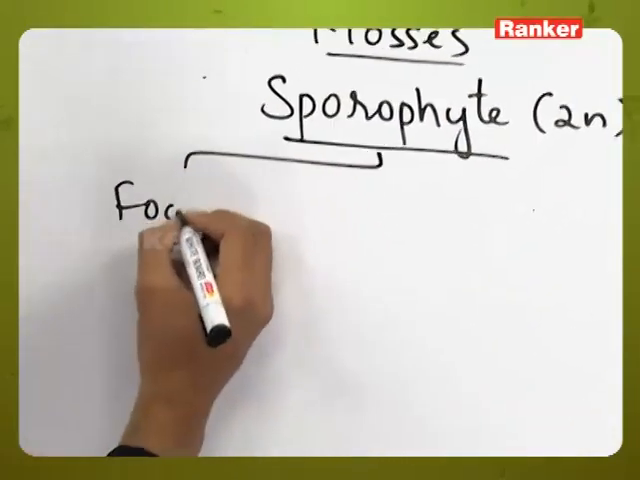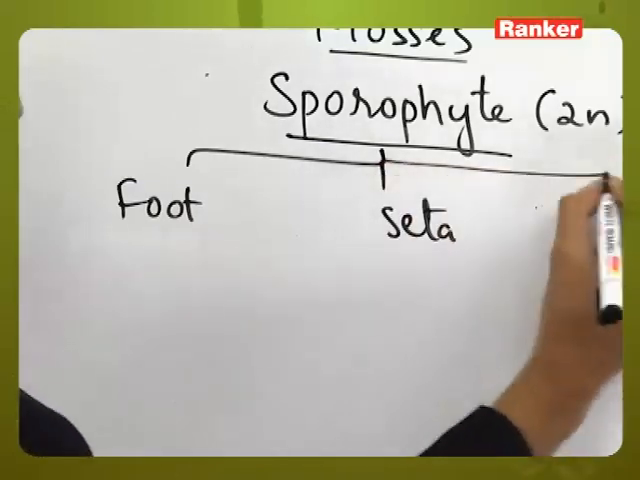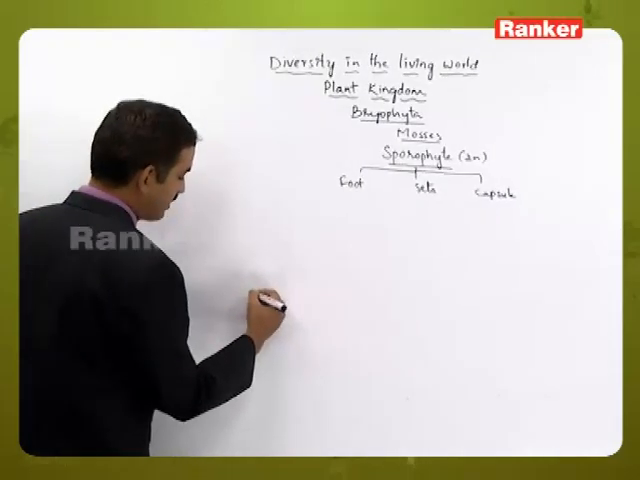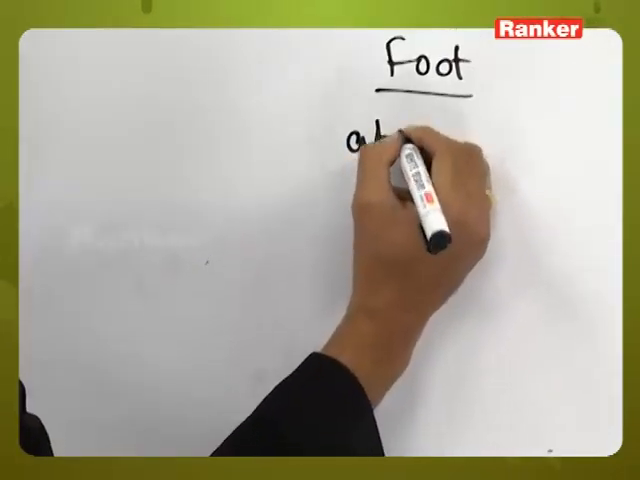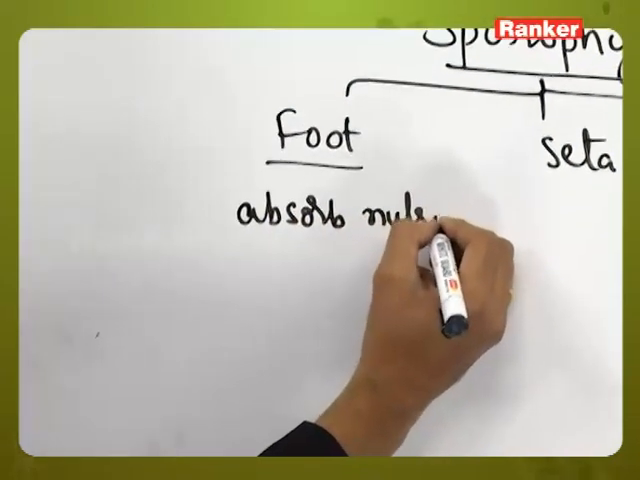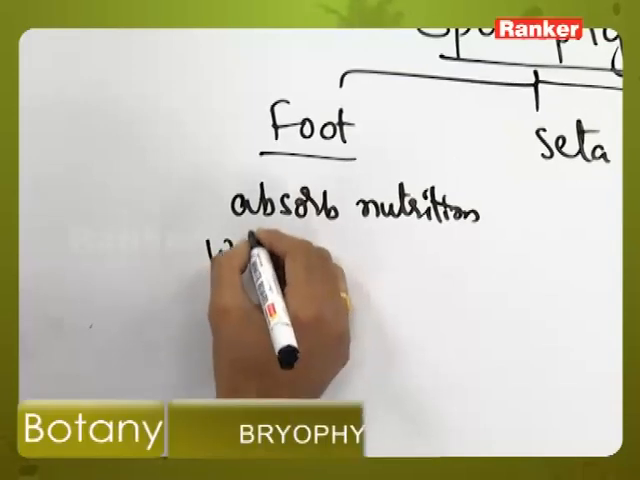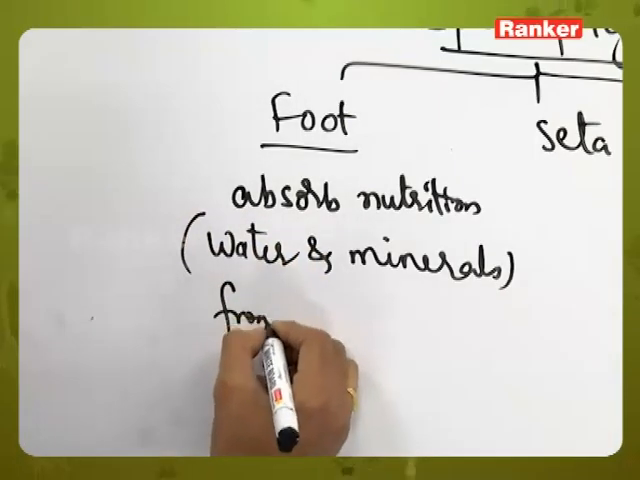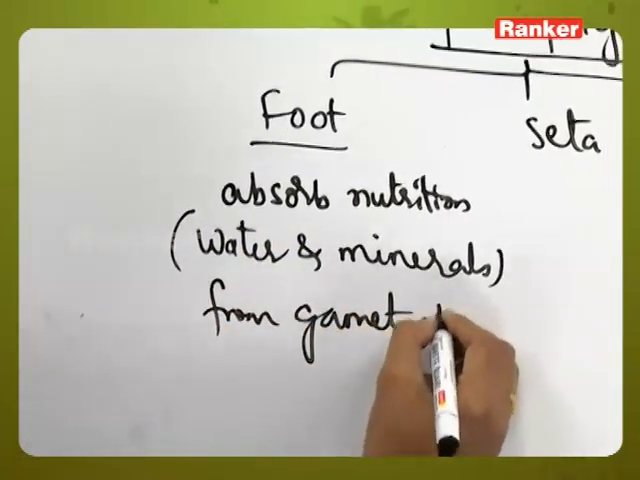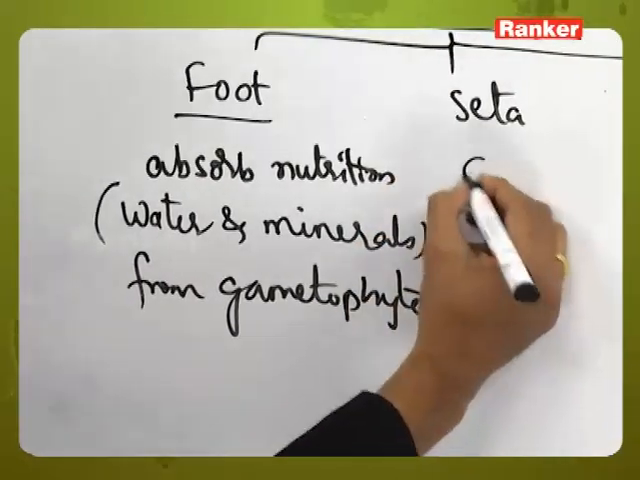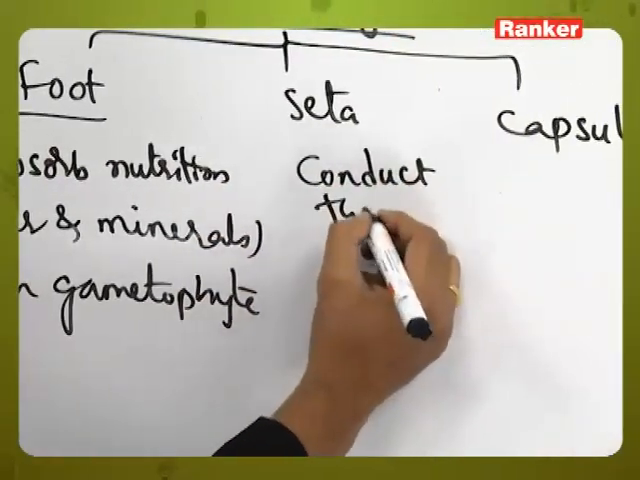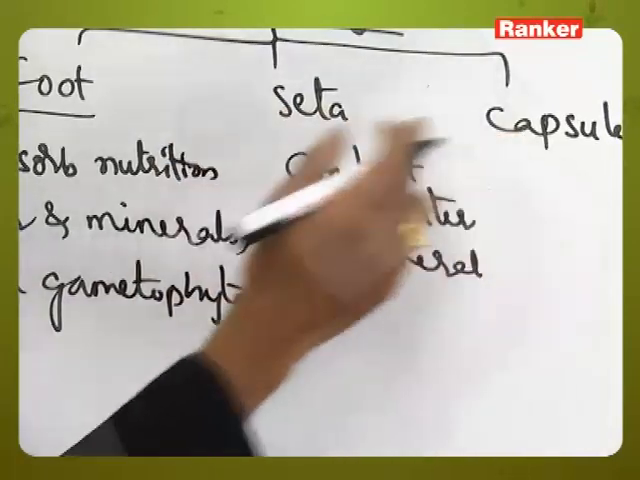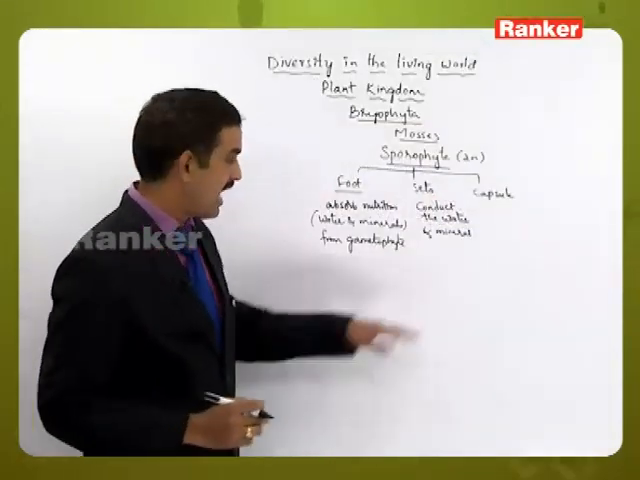One is foot, seta and capsule. So, if you observe the outline of this structure, the foot is the one which will absorb the nutrition, or particularly water and minerals, from the gametophytic tissue, and the seta is a structure which will conduct the water and minerals which have been absorbed by the foot up to the capsule region, and the capsule will have